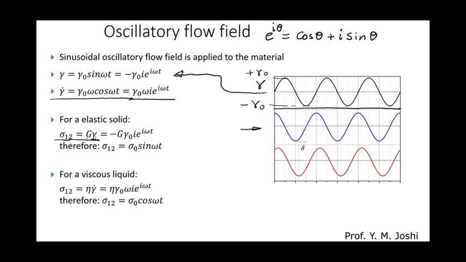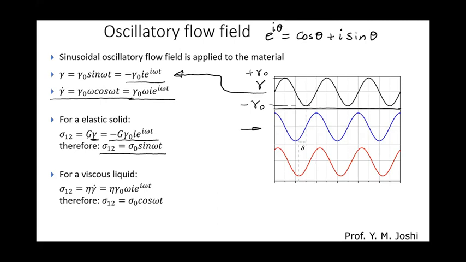And if that's the case, then if it's an elastic solid, it's very straightforward. This particular part will become essentially over here. So which simply means that stress induced in the material is proportional to strain. So therefore sigma 12 will be gamma 0 sine omega t, which in complex form is simply this. All right. So when the material is perfectly elastic in nature,